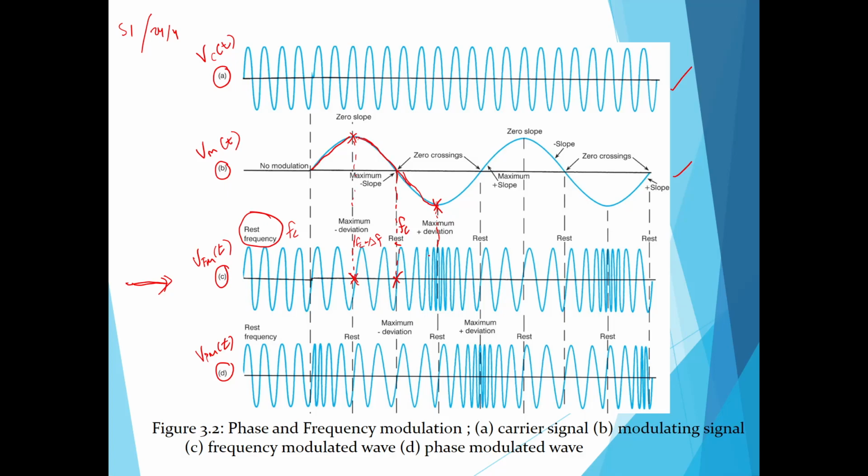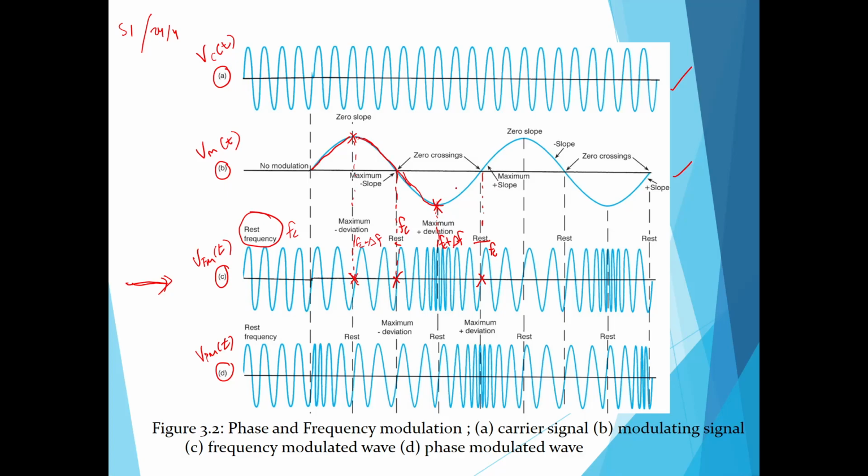This is what we call the maximum positive deviation, and the carrier frequency would be at maximum, which is FC plus delta F. Okay, and then the VMT moves towards zero crossing, so the carrier frequency would be at rest, which is FC,